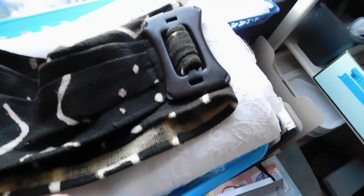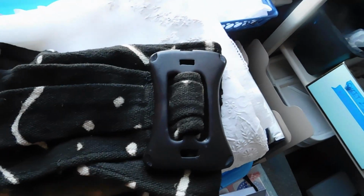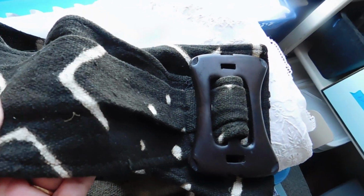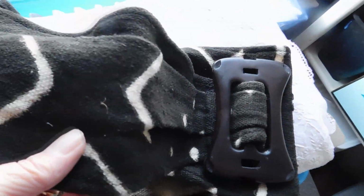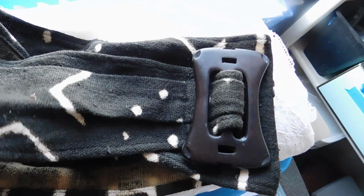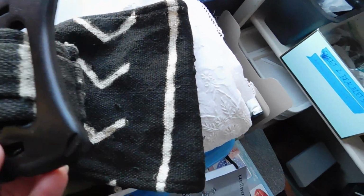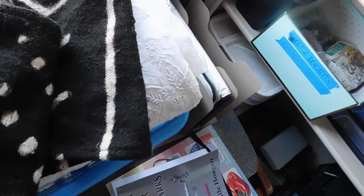Hi there, it is Wednesday morning, and I'm going to show you a few things that I've gotten listed. I guess I got these listed yesterday. Well, alright, we'll just see how it goes. The first item I have to show you is this belt. This appears to be a kind of nubby cotton fabric, and I think it must be hand woven, and it is hand dyed, and it's really big and wide, and then it has this ebony wood buckle, which is nice. I listed that for $21,